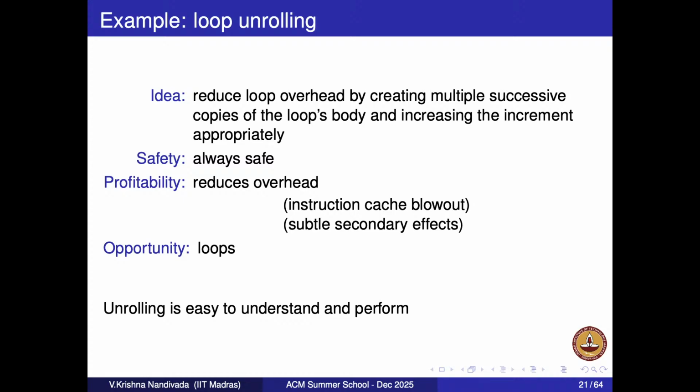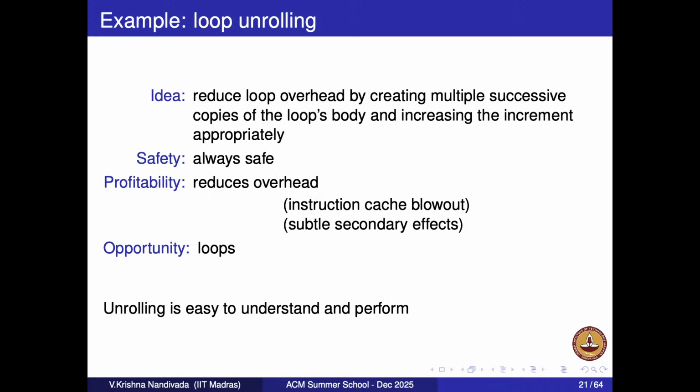Anyways, let's talk about one example. It's called loop unrolling. Okay? What is loop unrolling? The idea is, see, in a loop, like in a function call, like Sridarshini said, for a function call, there is an overhead. For a loop also, there is an overhead. Do you know what's the overhead? At the end of the branch, I have to jump. So after every iteration, I'm jumping. After every iteration, I'm incrementing the loop counter. Correct?